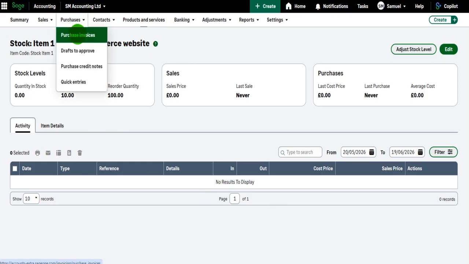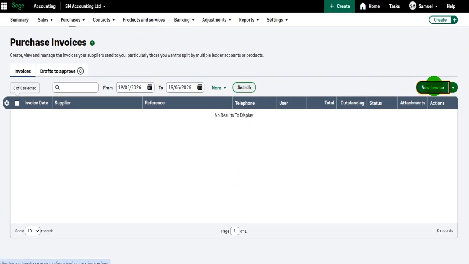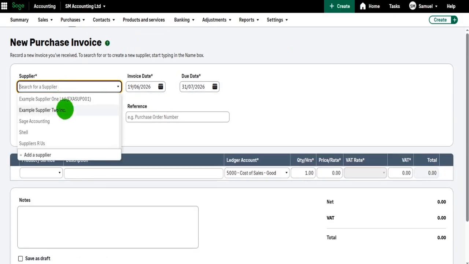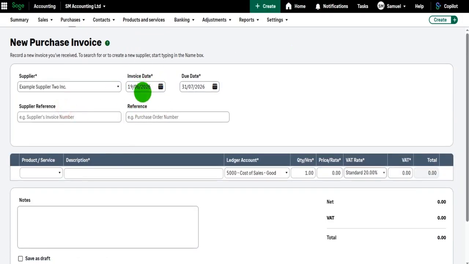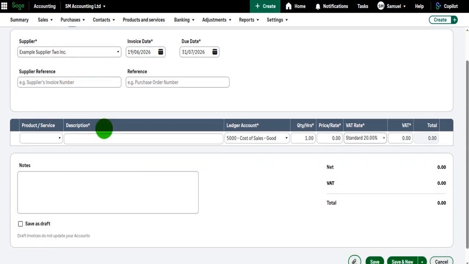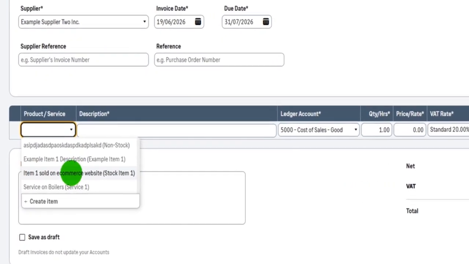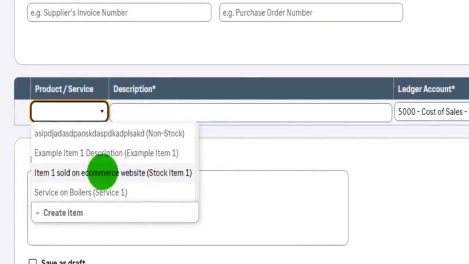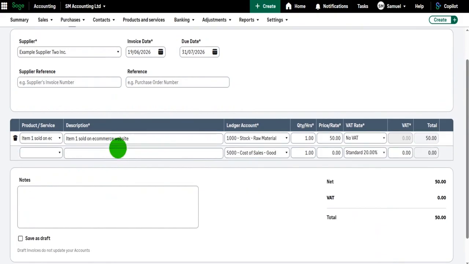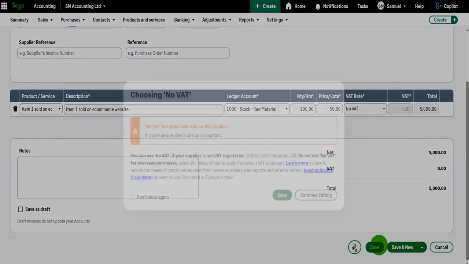So if I record a purchase invoice, let's say example supplier 2 with today's date, which is the 19th of June 2026, I can select item 1, sold on e-commerce website. The description comes up automatically, the ledger account does. Let's say we have ordered 100 of these, so we've been billed for 100 at £50 each, so £5,000 in total. If I save this